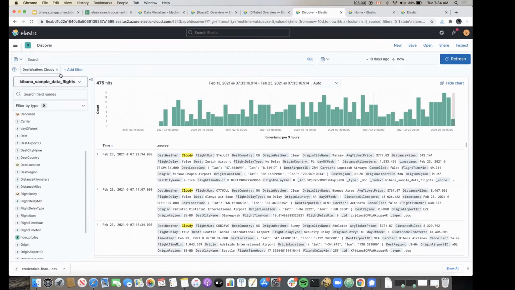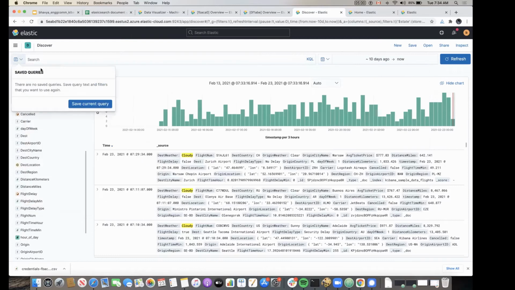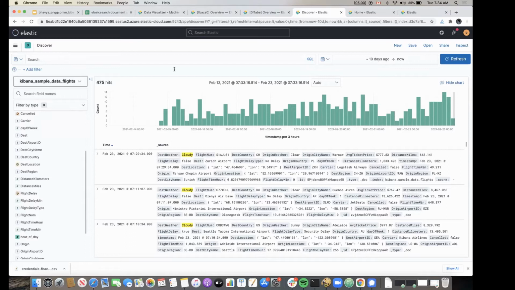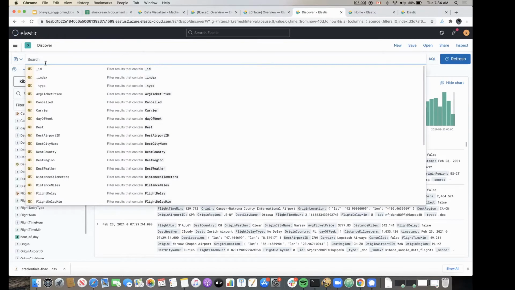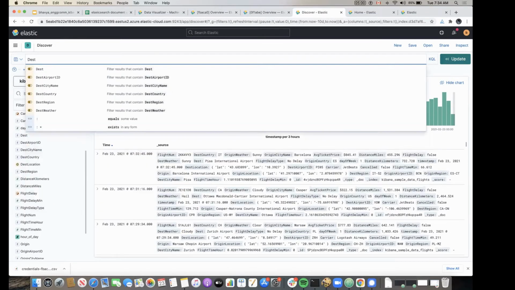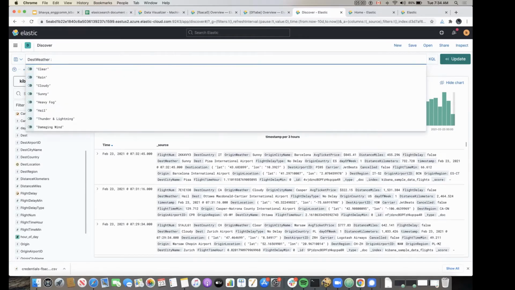So now if you see, for destination weather cloudy, you can see the number of hits which are getting displayed, and that is 475 hits. What I would like to do now is I'm going to use this query bar to ask some questions. And the query bar uses KQL, which is our own Kibana query language. So in here, I'm going to say destination weather, and it gives me autocomplete, which is amazing. I'm going to click on cloudy,